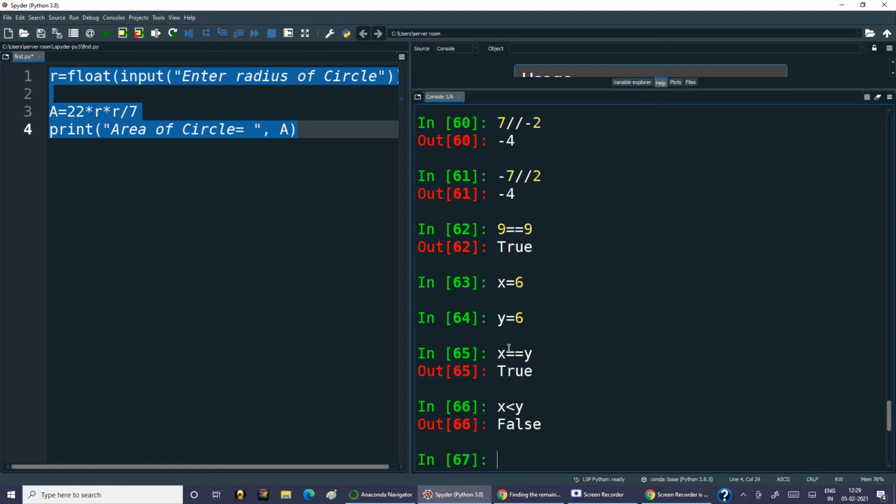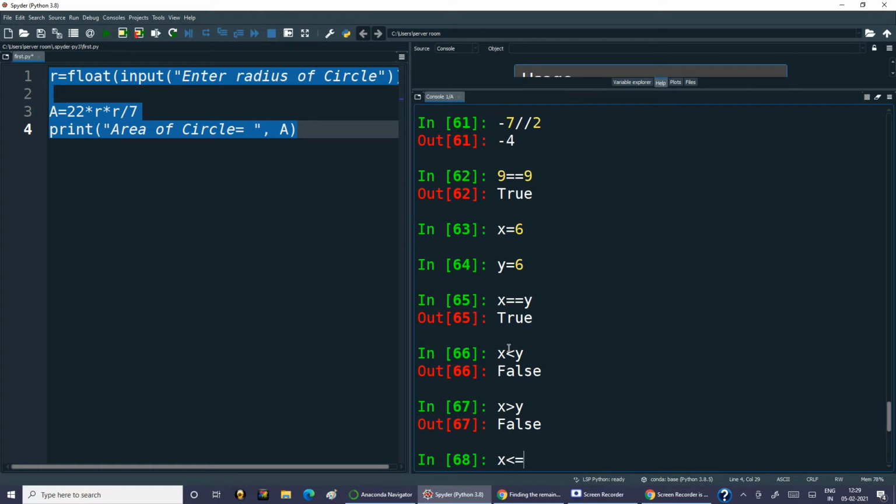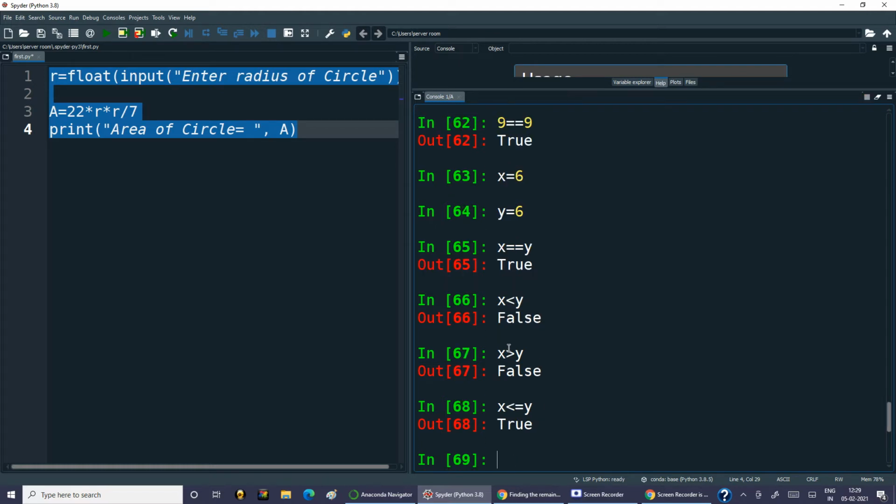If I write x greater than y, then this will give you false. You can also use less than equals to, so in that way it is true. Or if you use greater than equals to y, then it is also true.